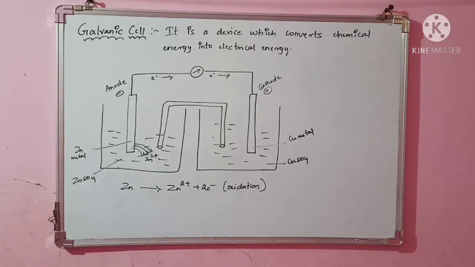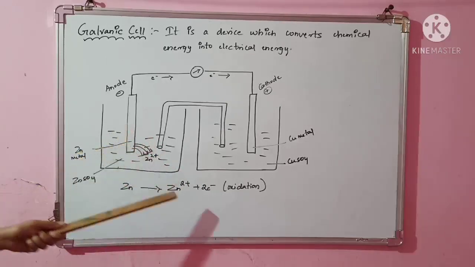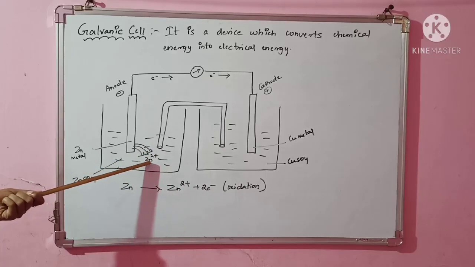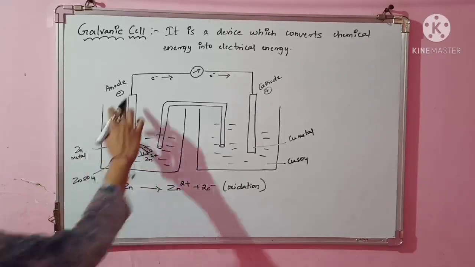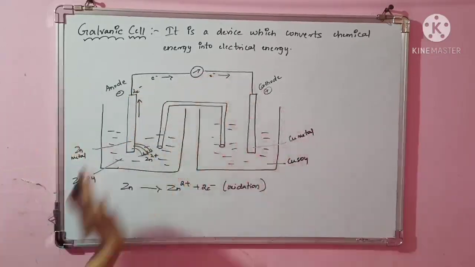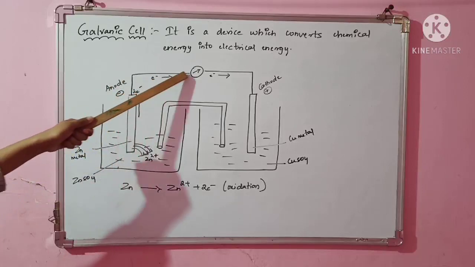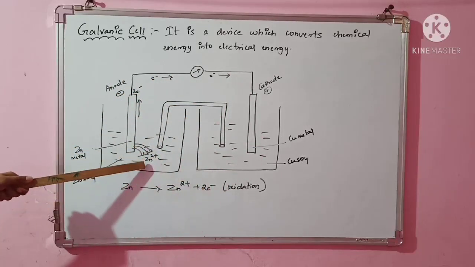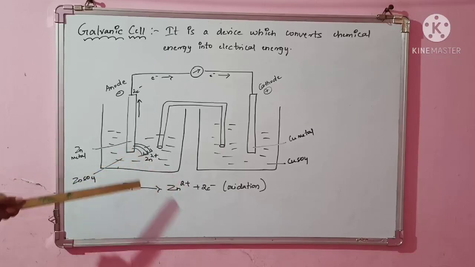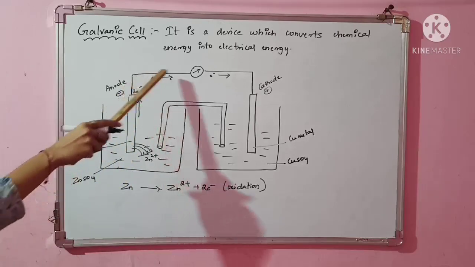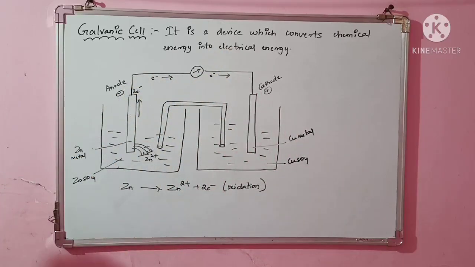At the same time, your electrons will be released. Zinc metal comes into the solution as Zn2+, and two electrons are released. Those electrons go up into the circuit. That is why I have shown the electron sign like this, because the zinc metal is losing electrons and getting Zn2+. This continuously happens, and the two electrons released now go to that side, the cathode.